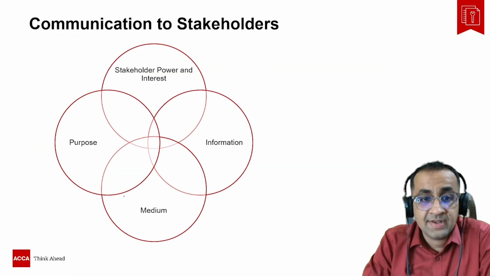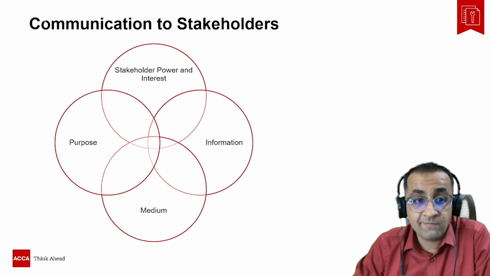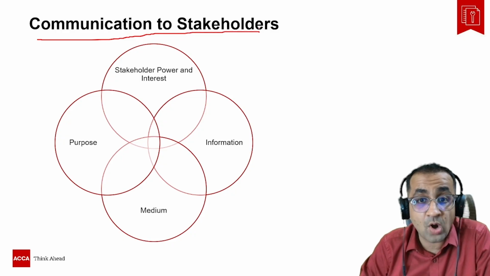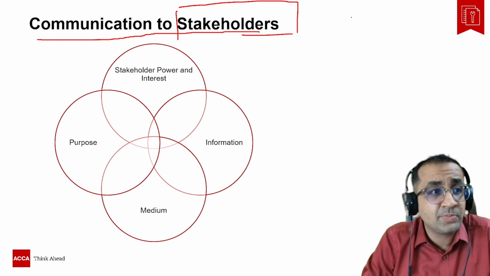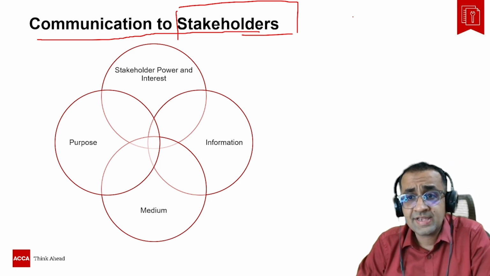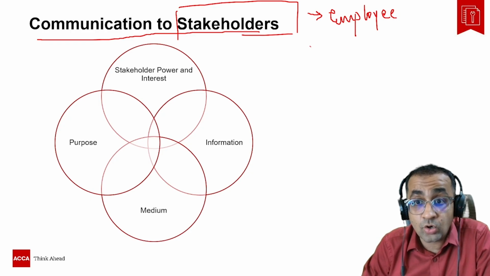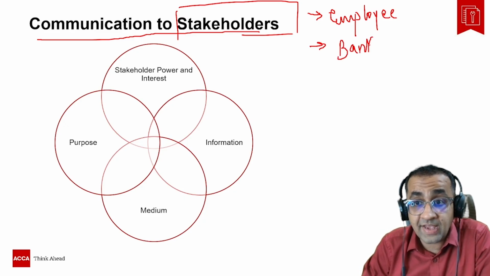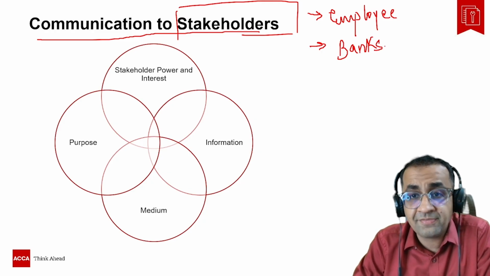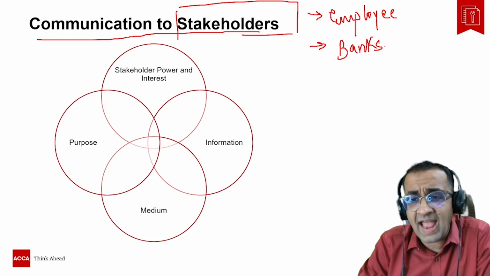Now, basically to achieve the increase in wealth, we need to have proper communication and proper discussion with all the stakeholders. The word stakeholder has been used here. Who are the key stakeholders in any organization? The key stakeholders are employees, because they are working in the company, they are looking for career growth, salaries. The next stakeholder is the banks, because they have given you the money, they have given you debt, they have given you capital, so they are looking at repayment of money, interest repayment and things like that.